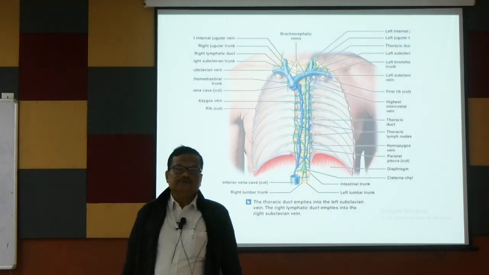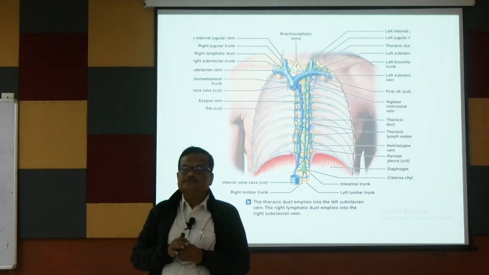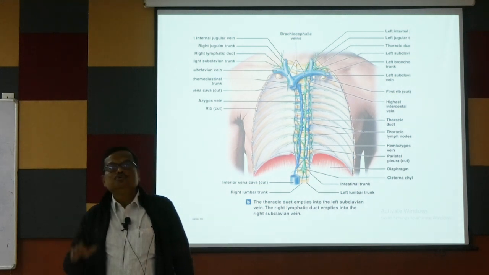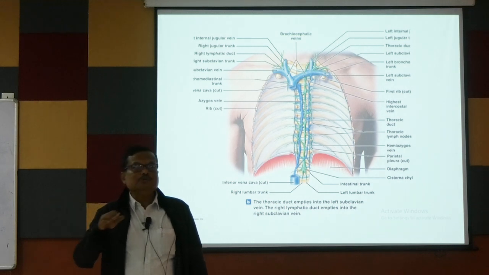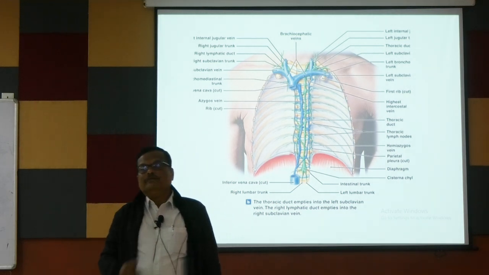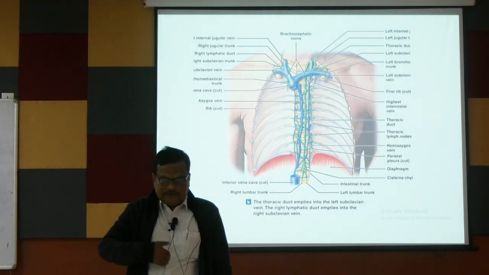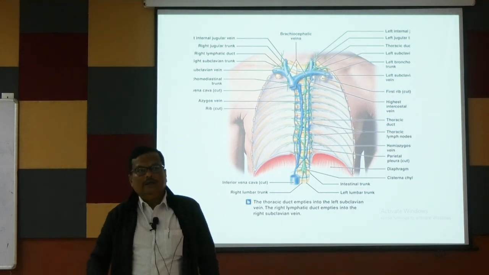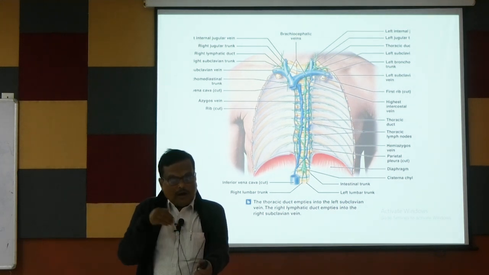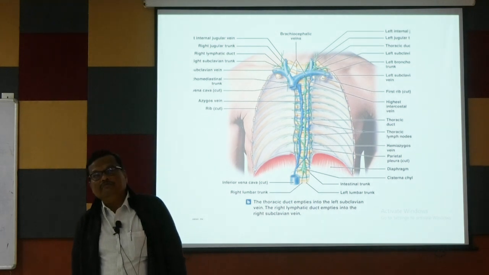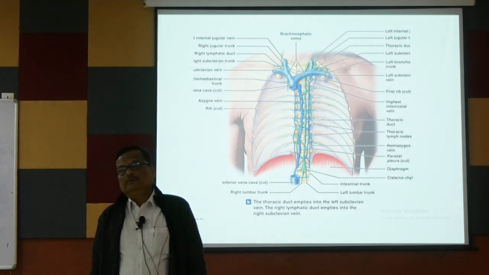Now the question arises, these are located everywhere, but for the purpose of description, we divide them into superficial and deep lymph nodes. The lymph vessels which are present close to the surface, we call superficial lymphatics. Those present in the deeper part, deep meaning inside, like in the abdomen, near the liver, or deeper in the hand, we call deep lymphatics, and the nodes present there, we call deep lymph nodes.